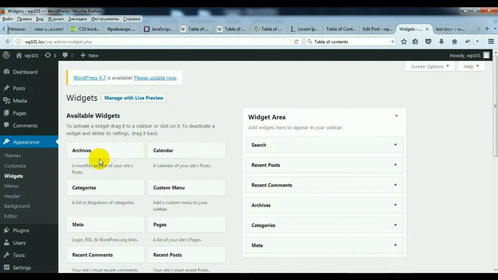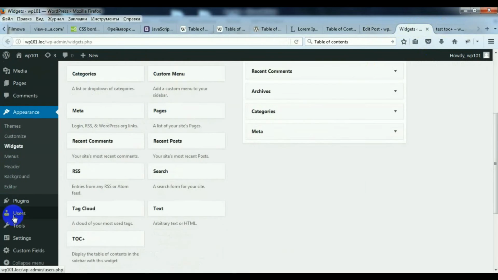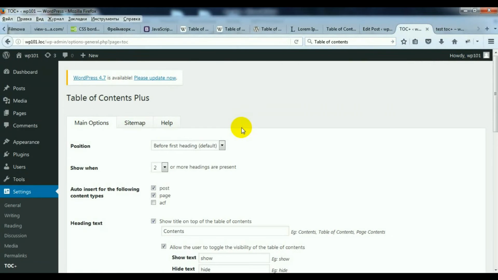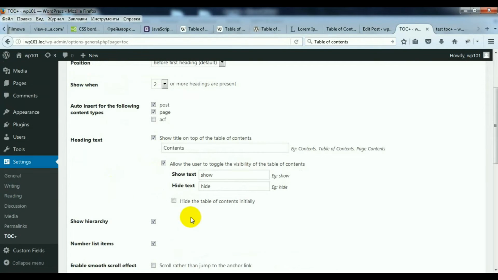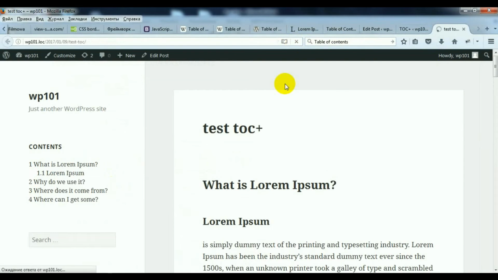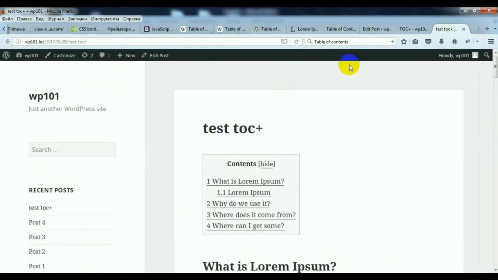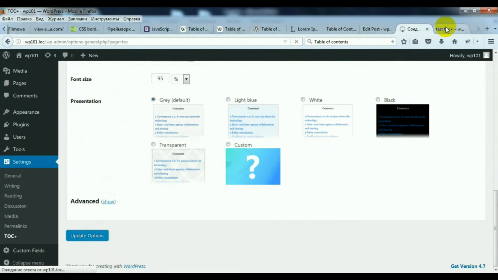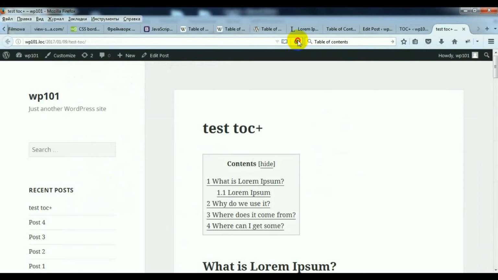Now let's talk a little bit more about settings. So if you wish, you can hide it by default. Maybe I forgot to save it. Yes.